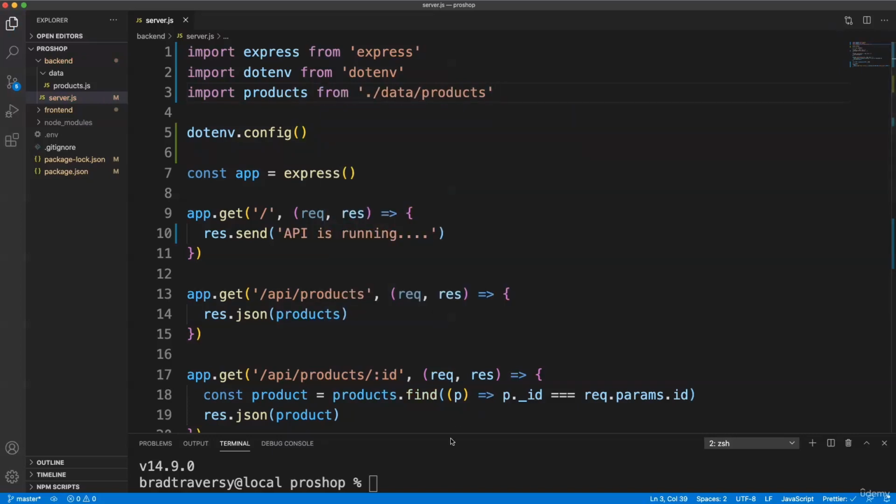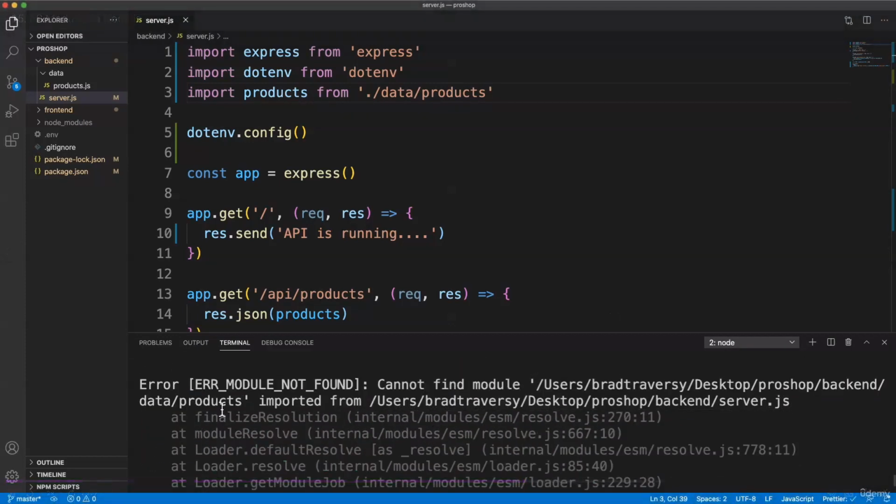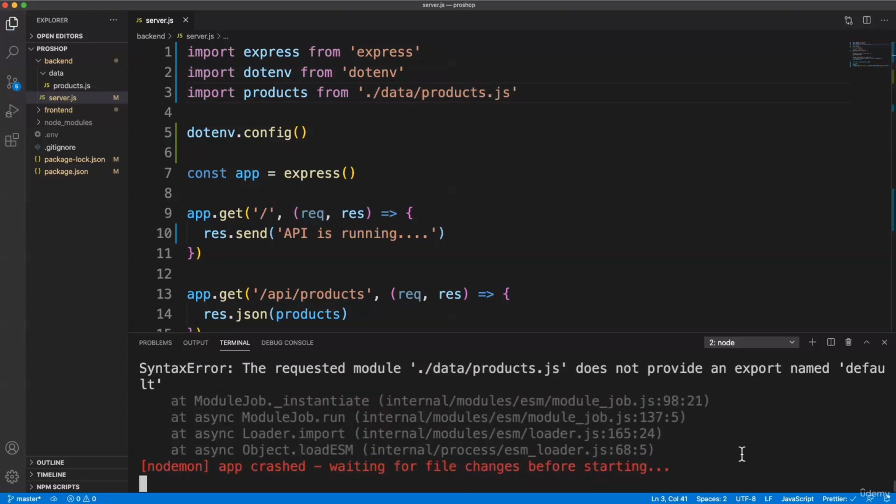So if I save this and I try to run my server with npm run server, I'm going to get this error, module not found. So it's showing this data/products, which is this right here. So whenever you bring a file in, you simply add .js. So if I save that and restart this,